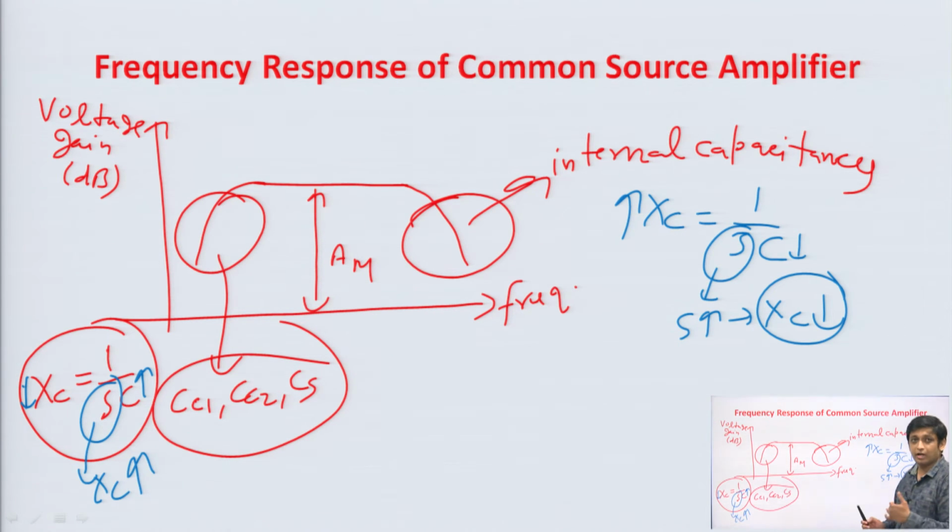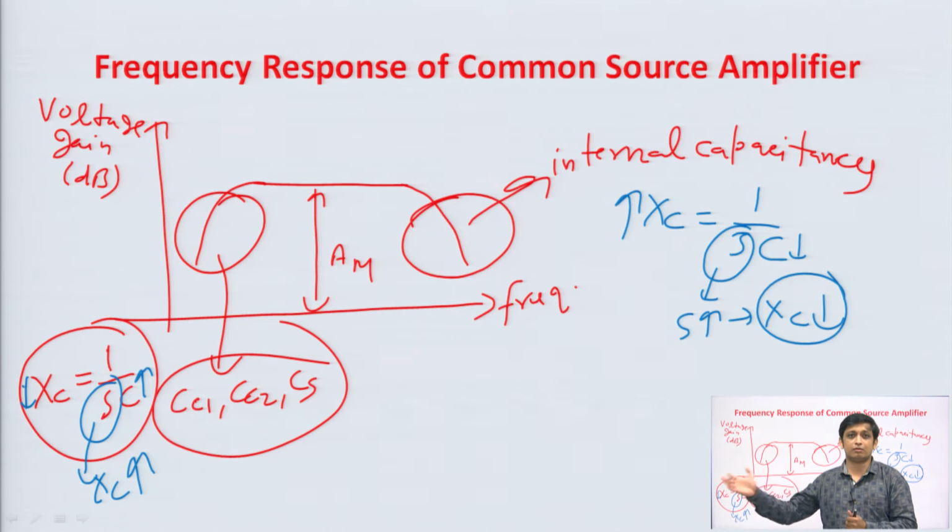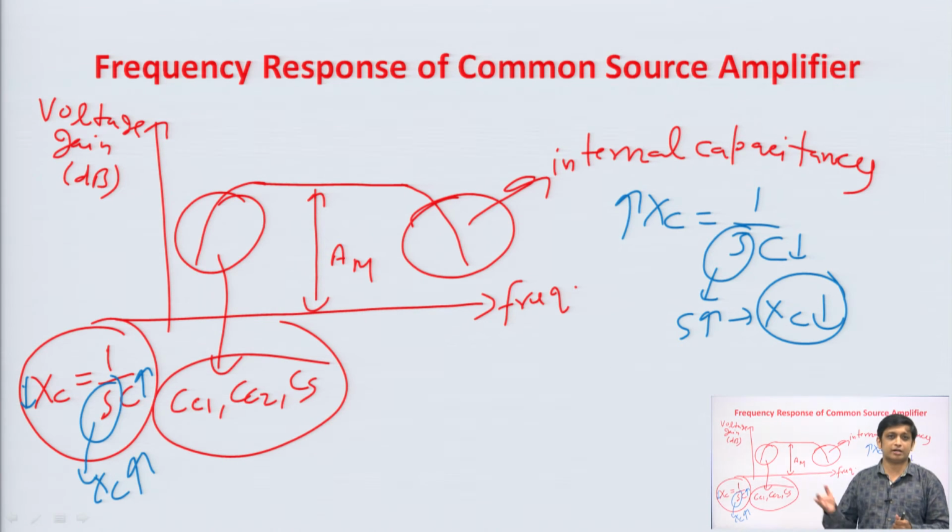And obviously, for any amplifier at high frequency the gain will be reduced, because if there is a transistor, whether MOSFET or BJT, there will be internal capacitances, and due to internal capacitances the gain will be reduced at high frequency. The frequency may be higher, maybe 1 megahertz, 10 megahertz, 100 megahertz, but the gain will reduce at high frequency, because the internal capacitances will be there in the device. But if we do not use coupling capacitors, then of course, at low frequency the gain will not reduce, but this is not our case.